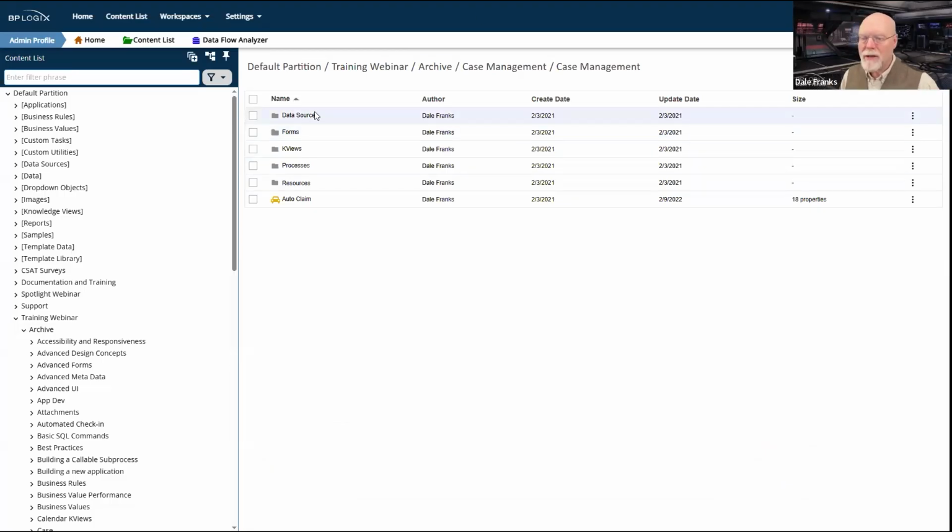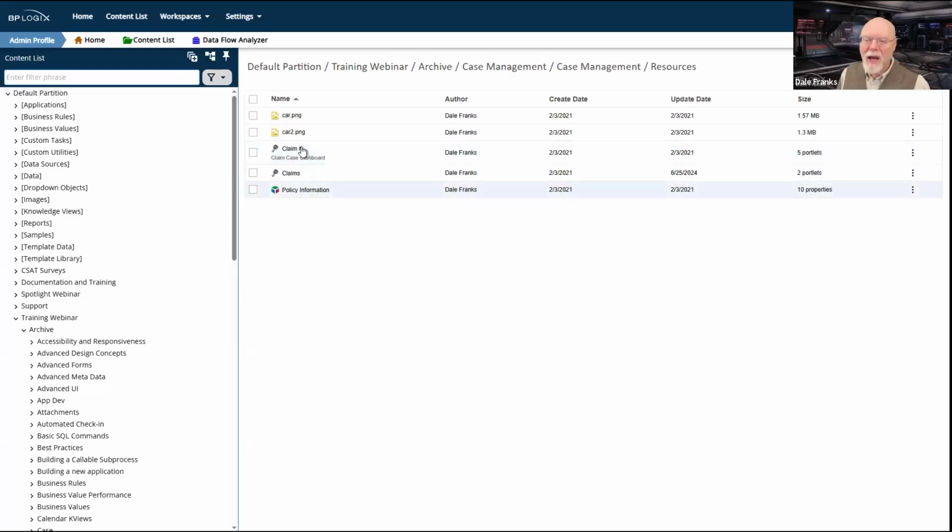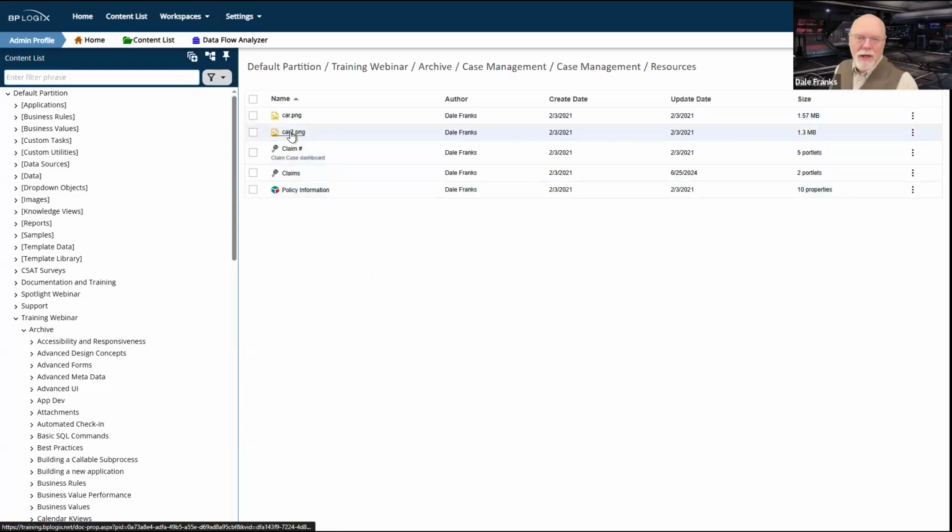In this case, I've got a folder for my data sources, for forms, for knowledge views, for processes, and for other resources, for example, drop-down controls or other objects, business rules, perhaps, whatever it may be that I need to make this application work. In this case, I've got a couple of dashboards in here. I've got a couple of images in the content list so that I can use them as backgrounds on forms. I've got this little business value here.